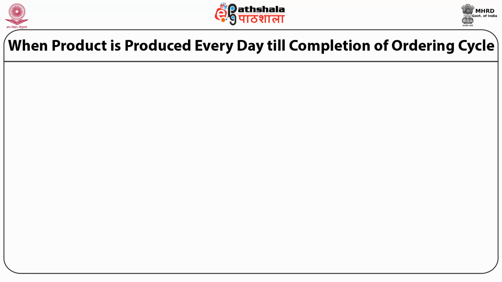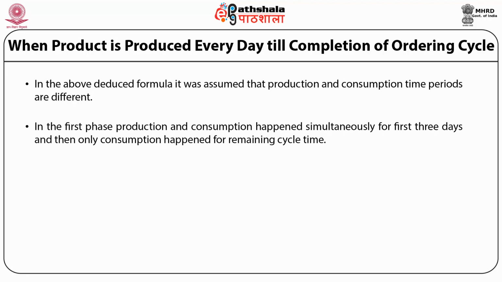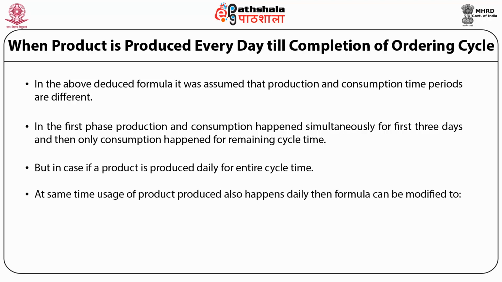Case 2. When production is produced every day till completion of the ordering cycle. In the above reduced formula, it was assumed that production and consumption time periods are different. In the first phase, production and consumption happened simultaneously for the first 3 days and then only consumption happened for the remaining cycle time. But in case the product is produced daily for the entire cycle time, at the same time usage of the product produced also happens daily,